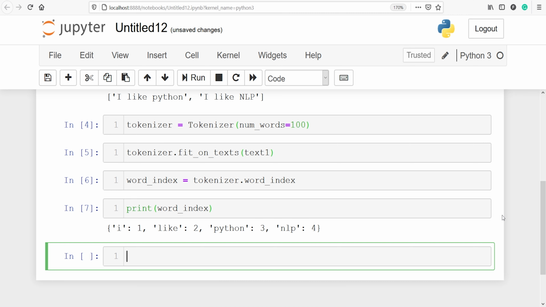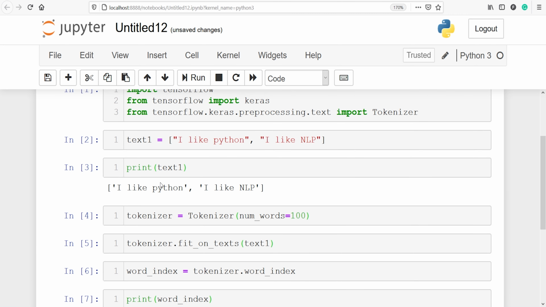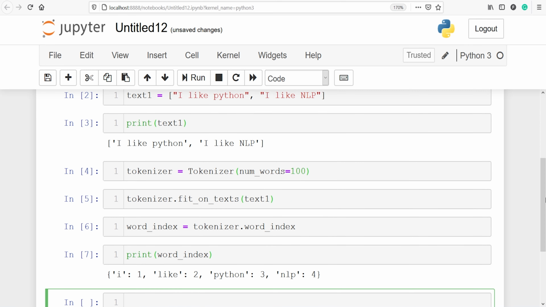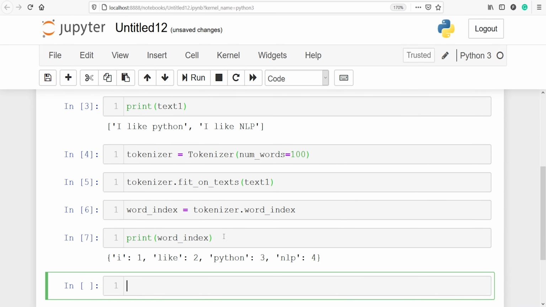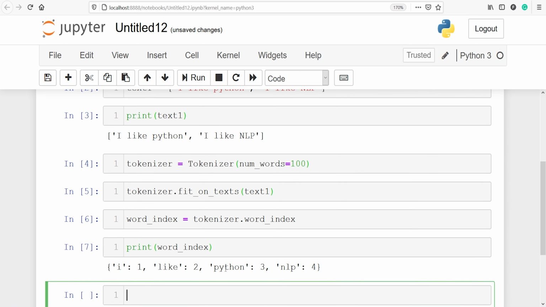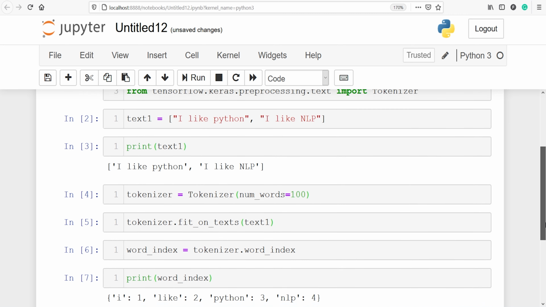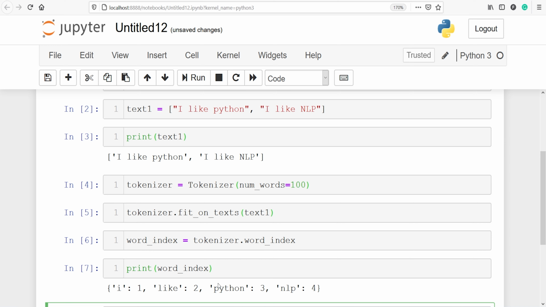You will notice that I have put I in capital letters, but after applying this fit_on_texts method we got I in small letters here, because the tokenizer has converted all our words into small letters and it has given tokens or numbers to each word. So these are the tokens or numbers which are given to each and every word. For I it is 1, for like it is 2, for Python it is 3 and for NLP it is